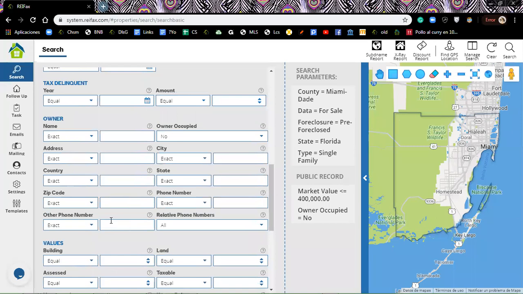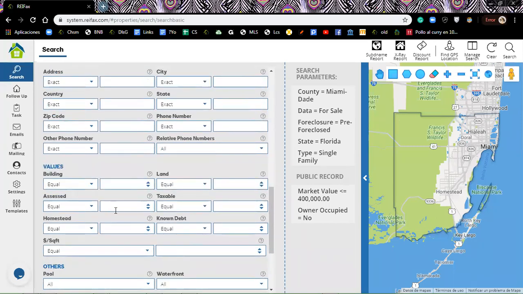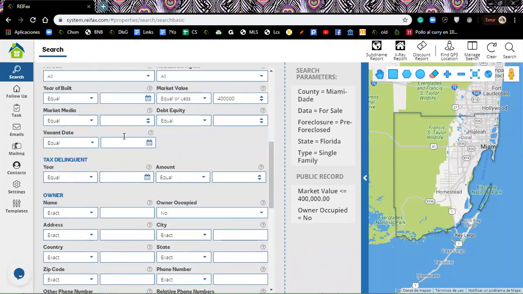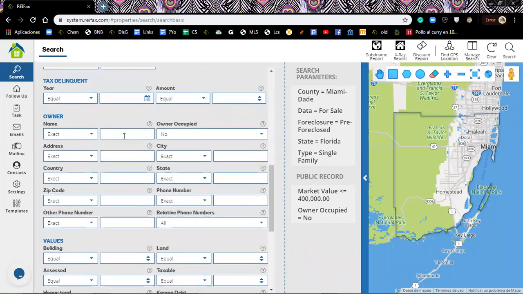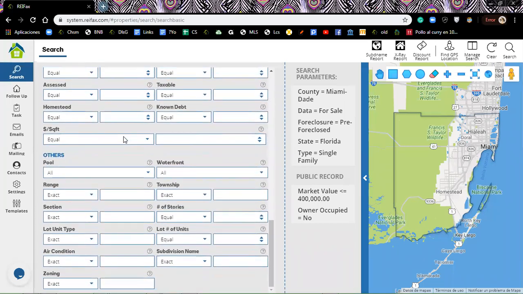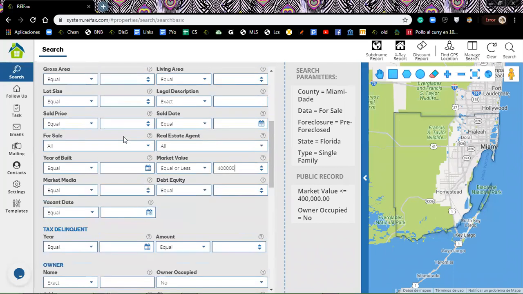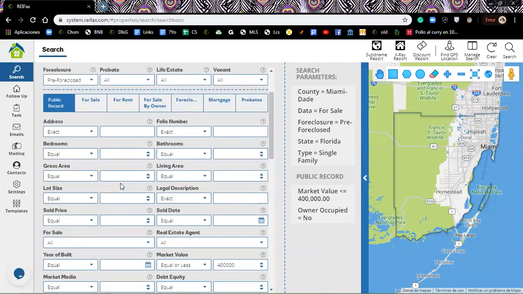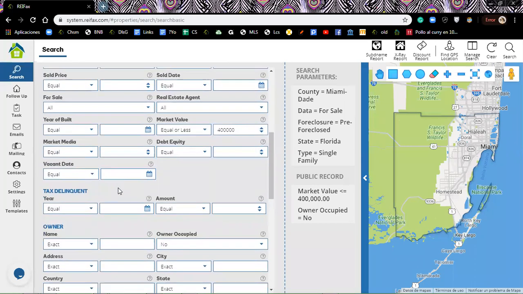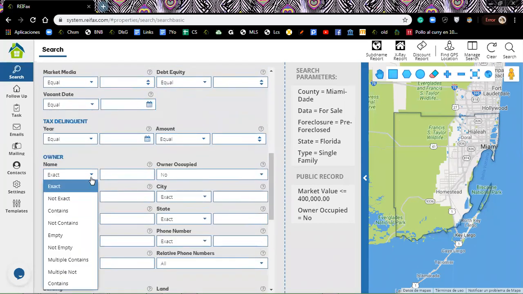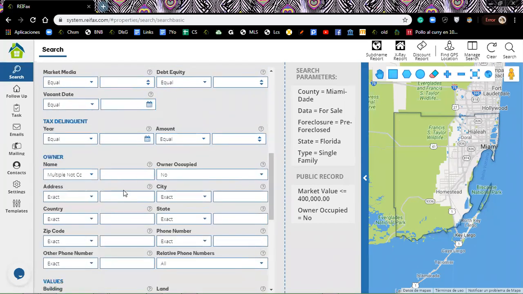Try to filter out properties that are owned by banks or institutions or anything like that. I can do that here in owner name. I'm going to put multiple not contains and type in keywords like bank,